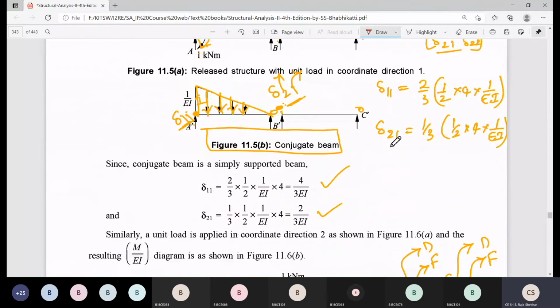So that is a procedure. We need to multiply with 2/3. Actually, we are applying load at coordinate direction 1, and measuring displacement at the same coordinate direction. For that, we need to multiply with 2/3 and 1/3. So for this method, these values are adopted. So this is a specific method. For this specific method, for 1/1 or 2/2 or 3/3, we need to multiply with coefficient 2/3.